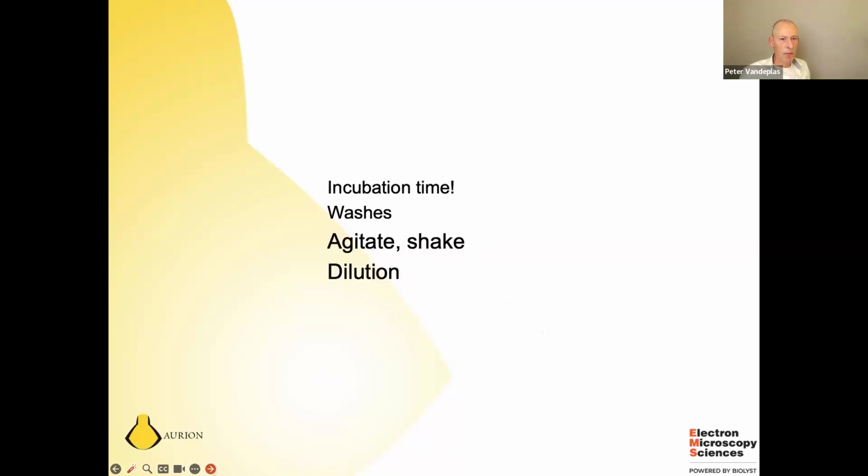So incubation time with both the primary antibody is important, and incubation time with the gold reagent is important. In general, for pre-embedding, you need long incubation times. So at least 4 hours, and in general, overnight incubations are being used to get full penetration into vibrotome sections of 200 micrometer thickness. And the reason, of course, that you need this long incubation time is because of the fact that there are more proteins present in the cytoplasm,